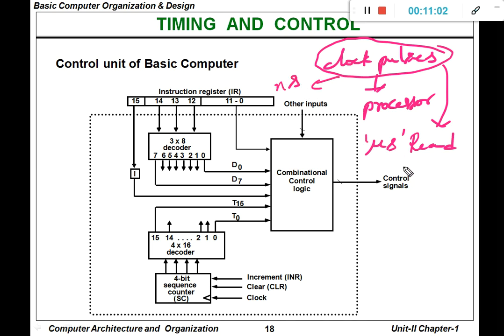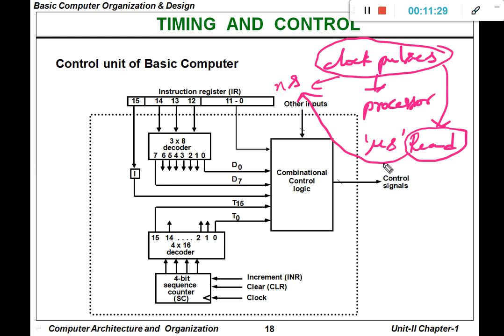However, we are saying that any operation must be completed within a single clock pulse. Because this clock pulse is in nanoseconds and this read operation is in microseconds, sometimes it may not be possible to complete the read operation within the given clock pulse.